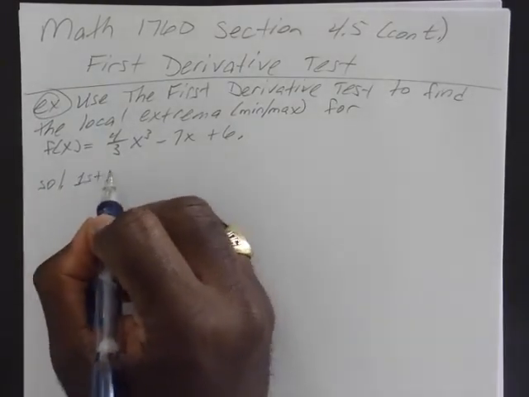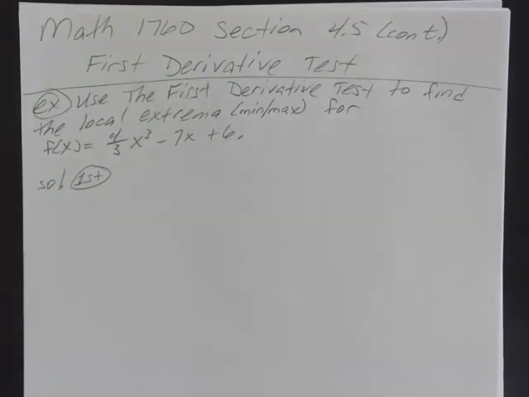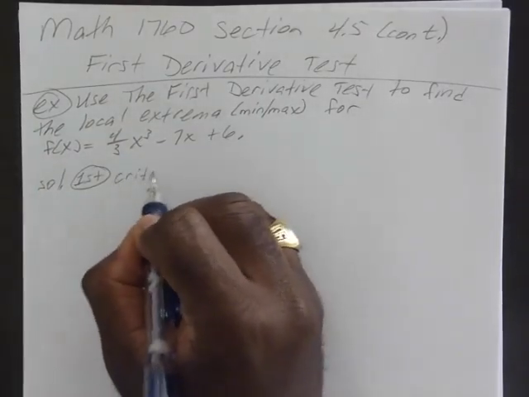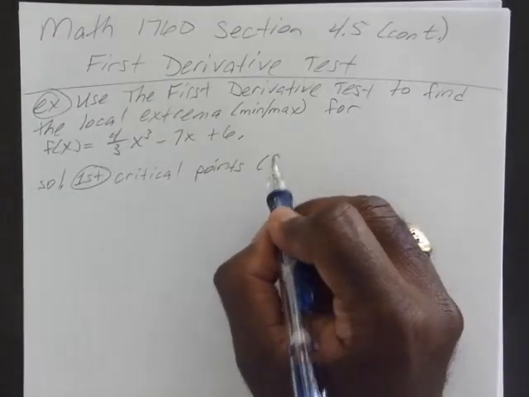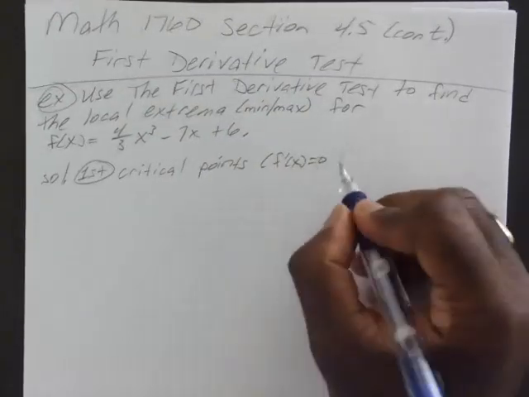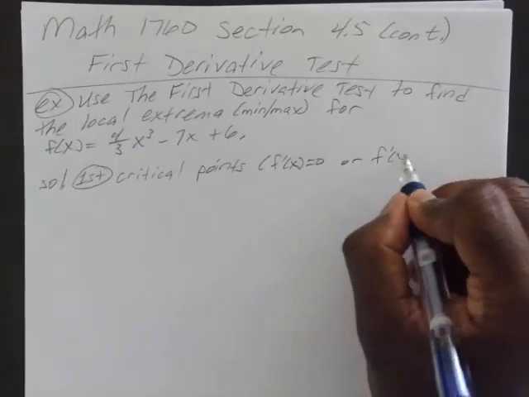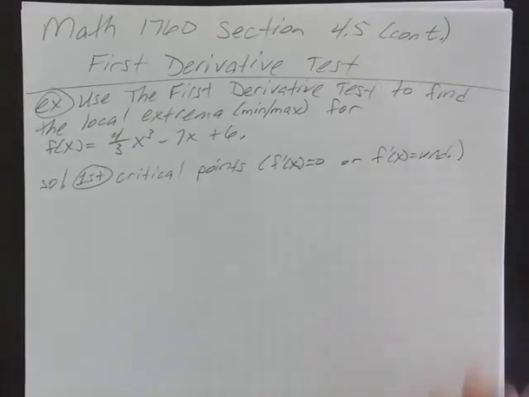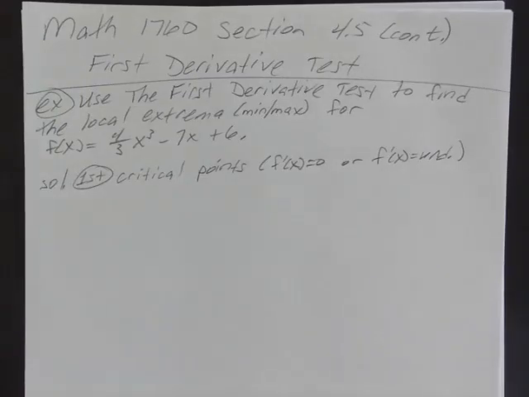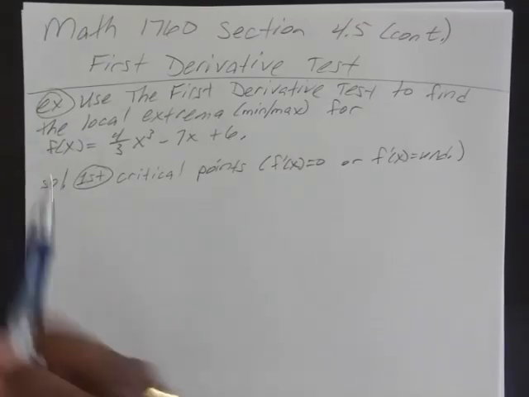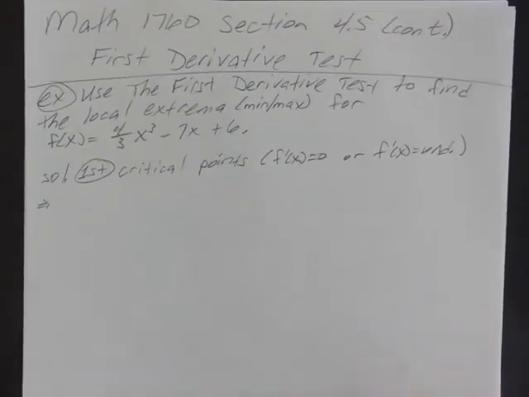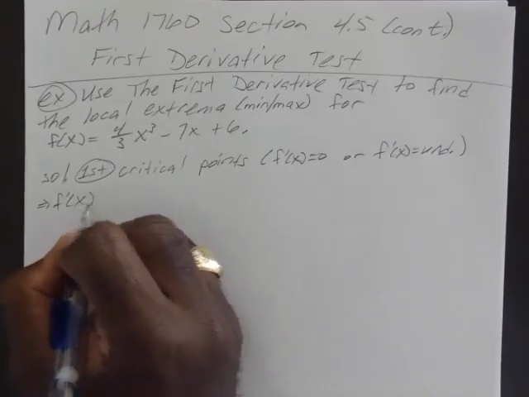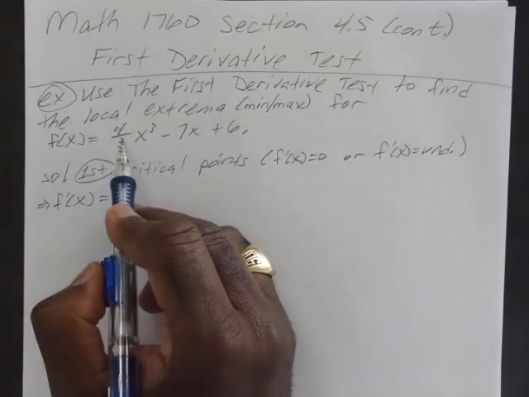Okay, so remember your first step is to find your critical points. Remember, that's just where your derivative is equal to 0 or it's undefined. Okay, so we know we have our f of x right here. Yeah, f prime of x is equal to, we have 4 over 3 times x to the